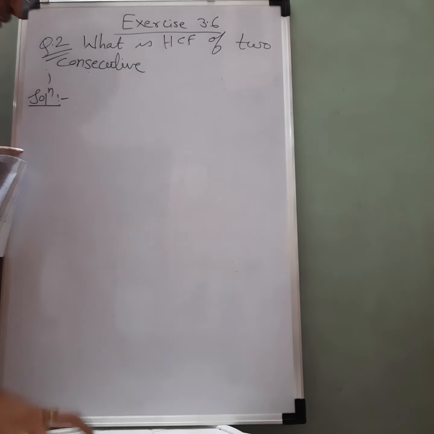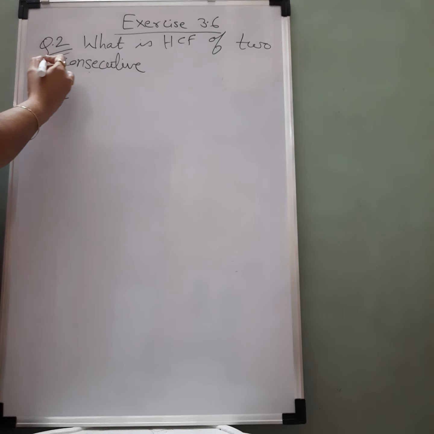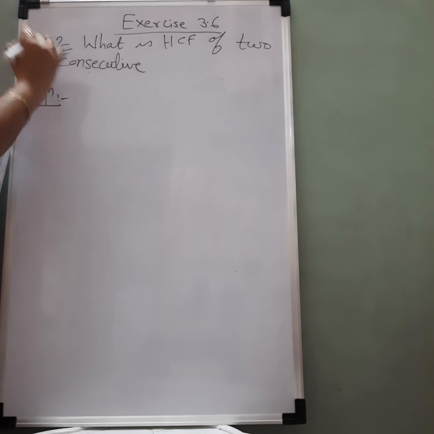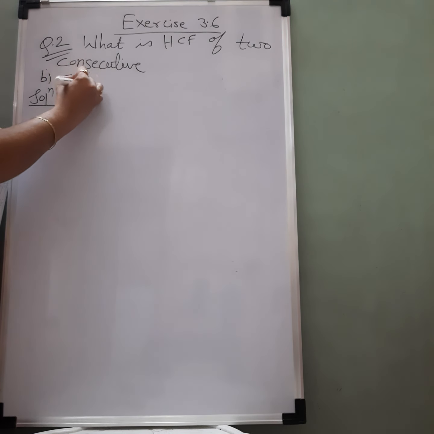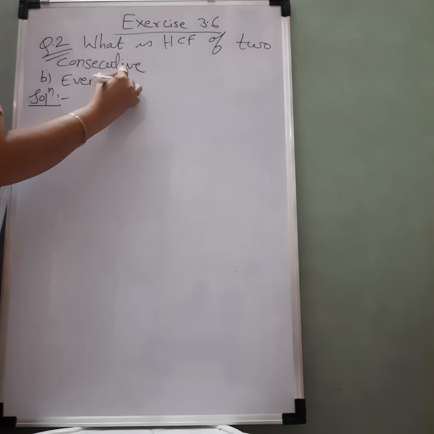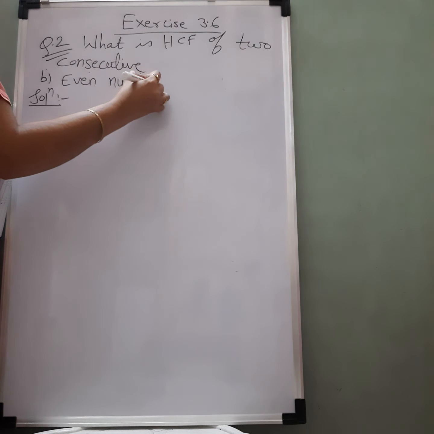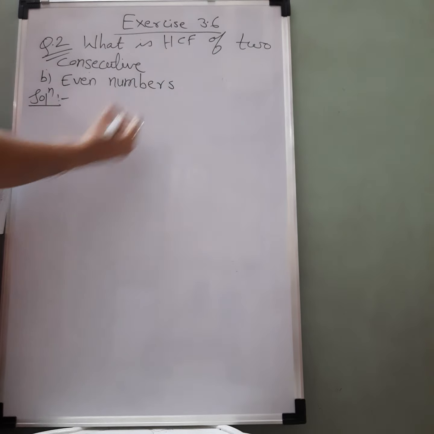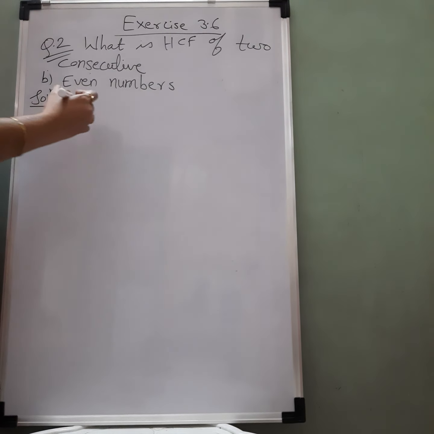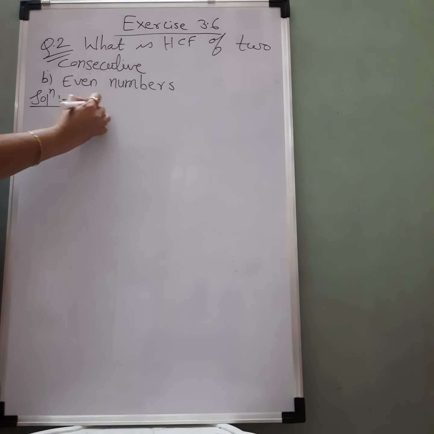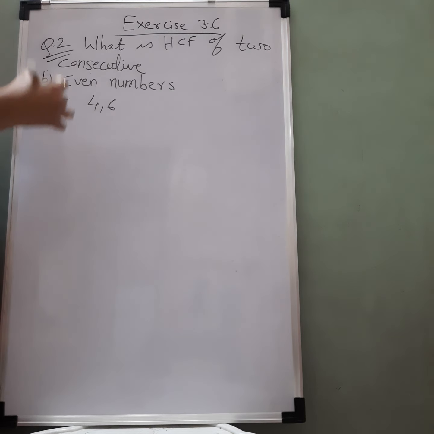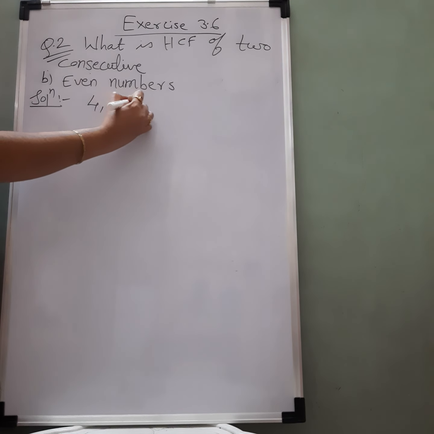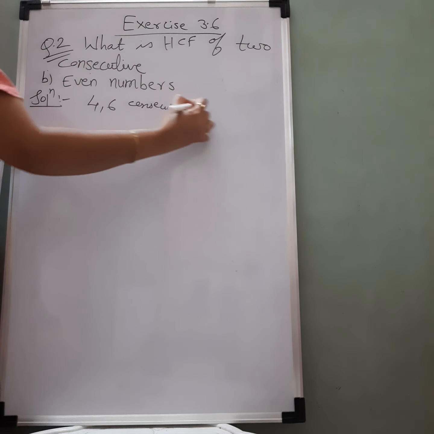So here, the HCF of two consecutive even numbers. I will explain it by taking some example. If I take 4 and 6 as the consecutive even numbers,